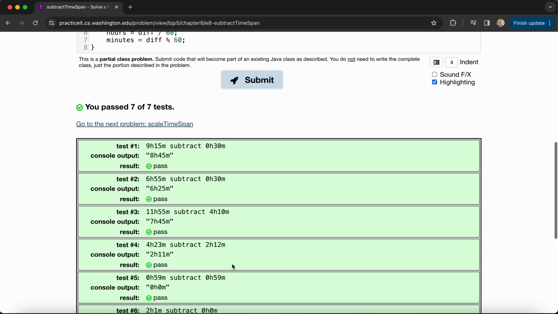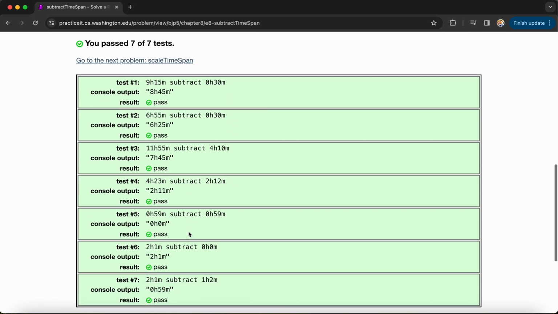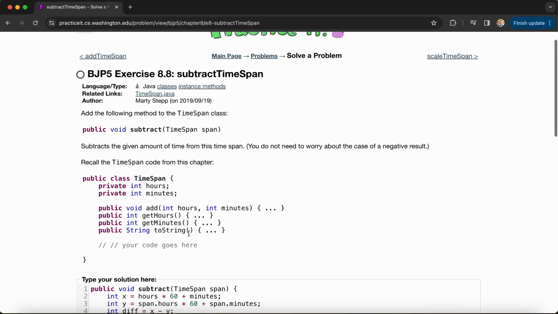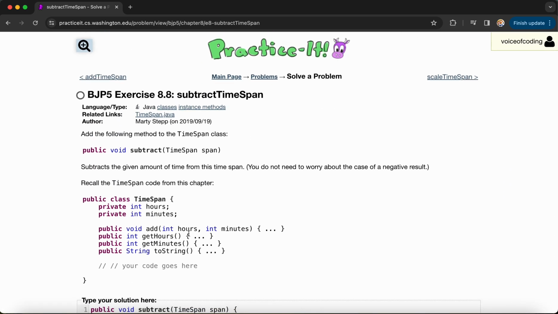So we did do the problem correctly. All the test cases were correctly passed, and that's all for Practice It, Exercise 8.8, Subtract Timespan, and